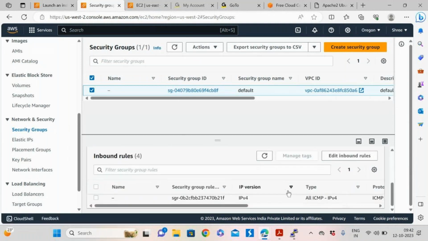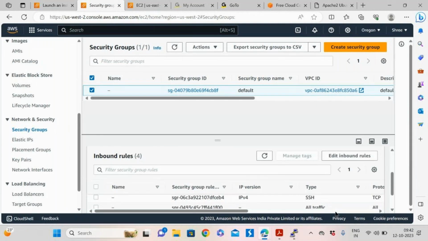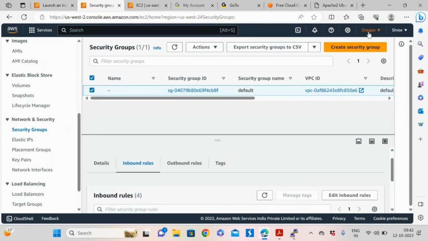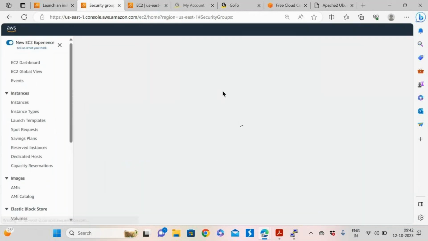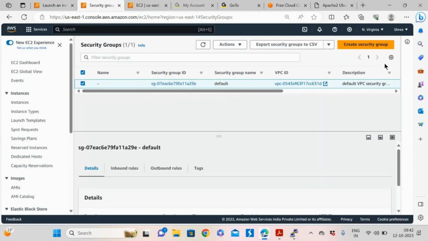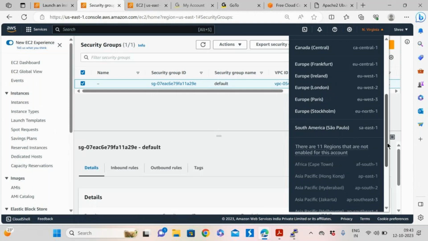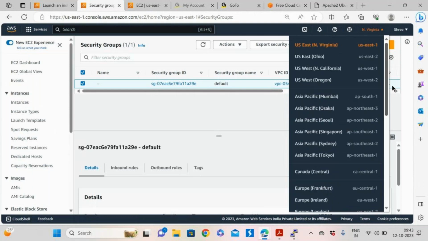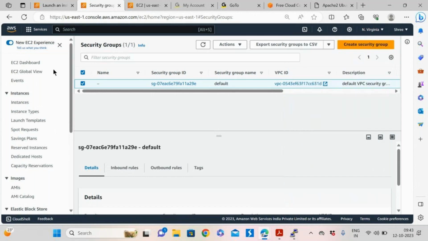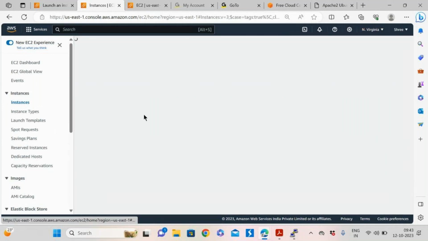I think here also I have added something. Okay, so these are all the regions. We can switch to the respective region, whichever we want to use. That is not an issue. Wherever we are, we can see the same things. Usually, the first region is North Virginia, so we are in North Virginia.